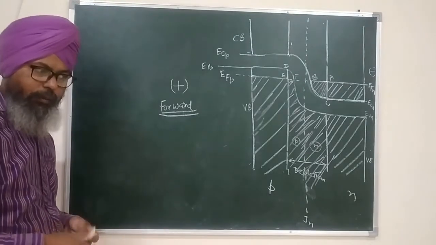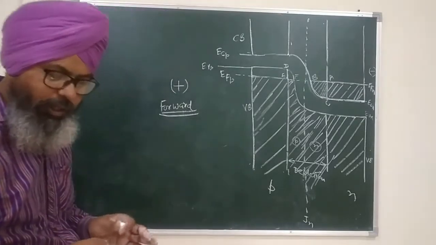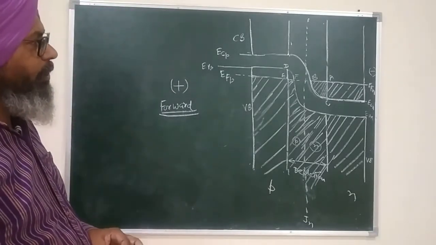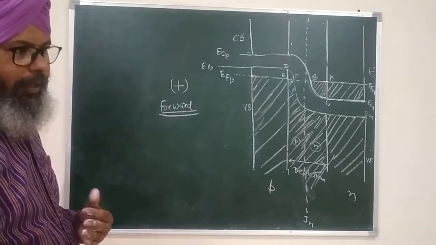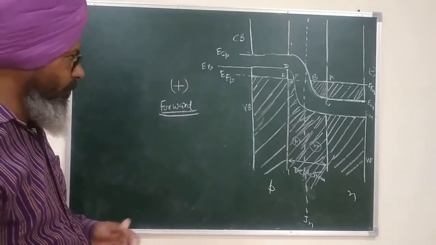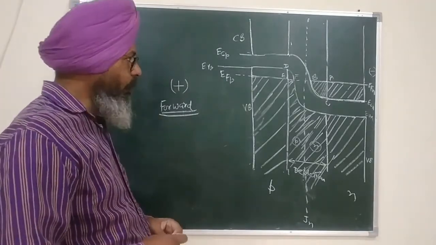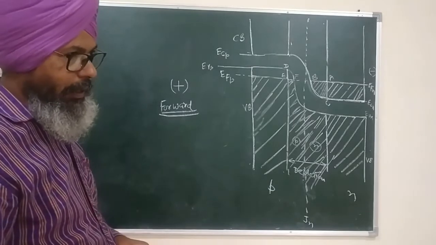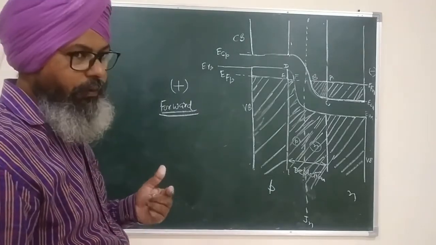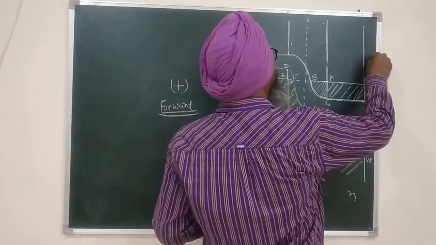I will not talk about it in terms of current initially. Later on I will talk in terms of current also. Initially I will talk in terms of electron flow. Please remember, electron flow and conventional current are always in opposite directions. So the arrows that I am going to show indicate the direction of flow of electrons. It is not the direction of flow of conventional current. Please remember. So if I draw here 3 arrows, let us say,